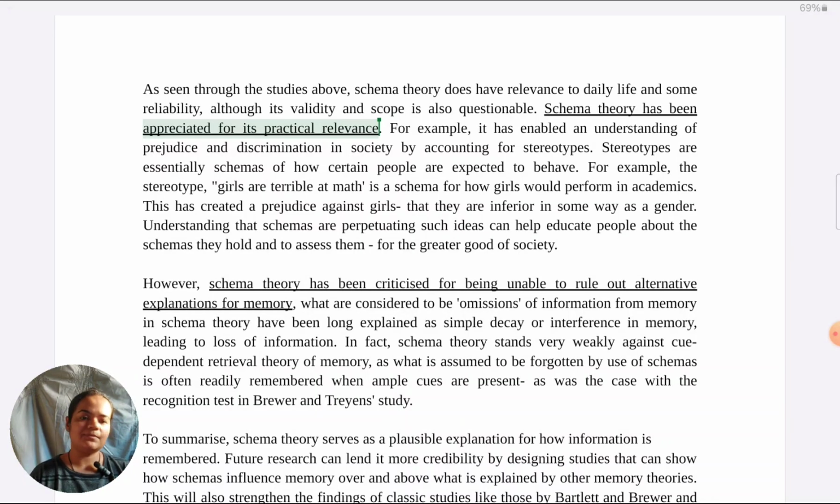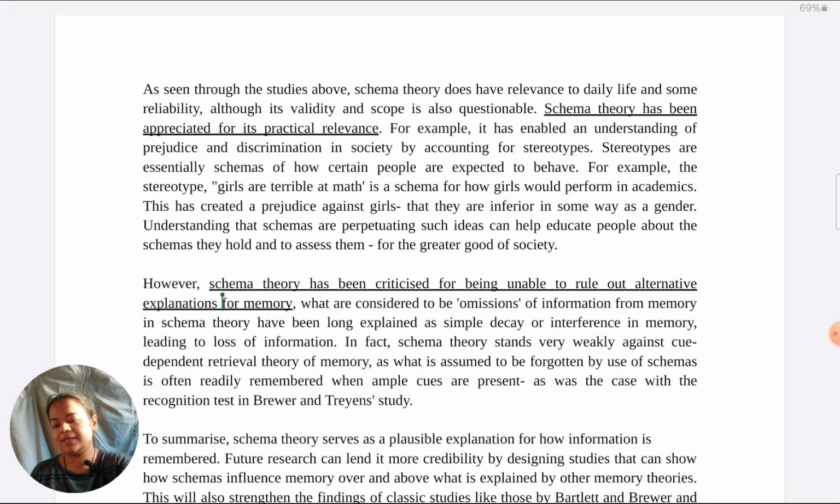So far in this video, I haven't used the PEEL format. I haven't mentioned that, but of course you can use that. I'm avoiding it. I'm just talking about it in terms of contextualization and linking. It's the same thing as saying write in PEEL format. So if you understand what PEEL format is, you will see in studies and theory both, PEEL format has been used. That's why the points are very effective. Signposting is there to begin with, where the strength or weakness is named, then context is there, then linking back is there. That is what PEEL format is.